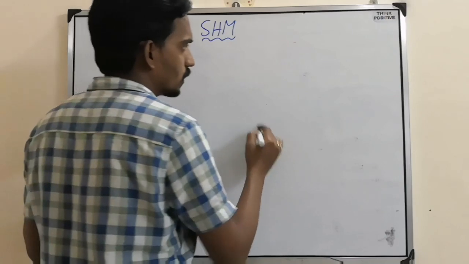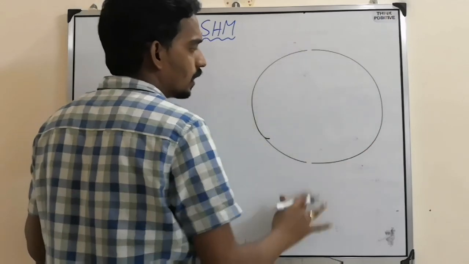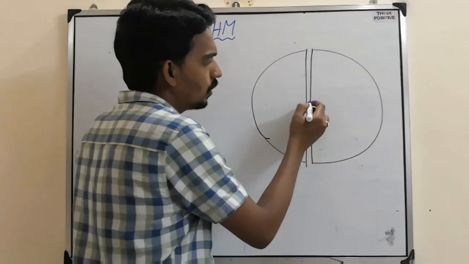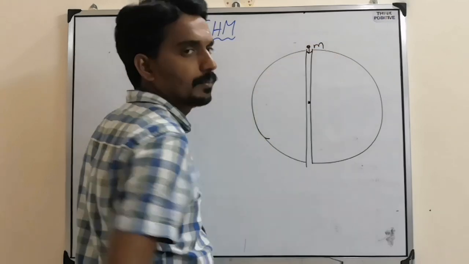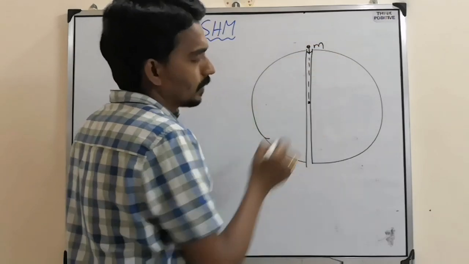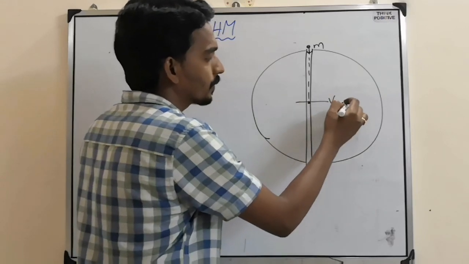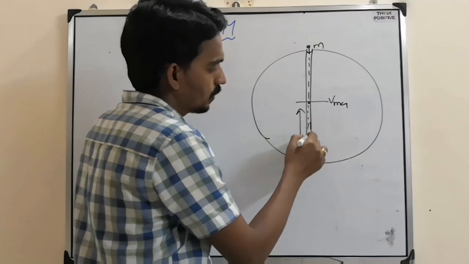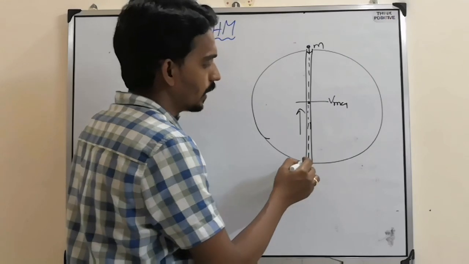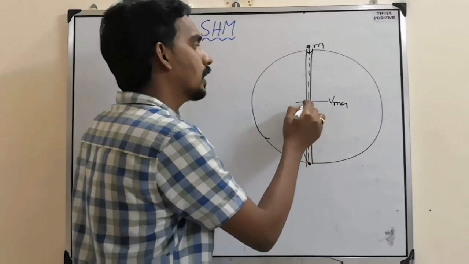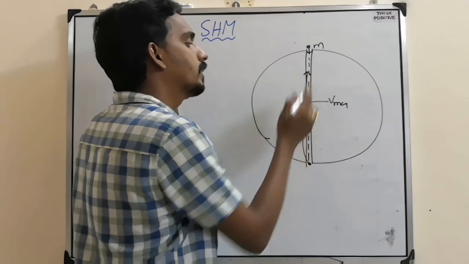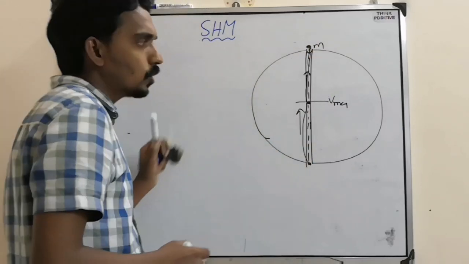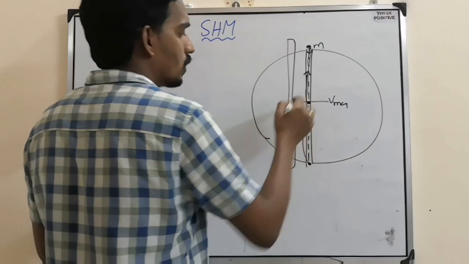Or sometimes they will ask a question like this: see here, if there is a tunnel along the diameter of the earth, and you drop a particle of mass m, then first it will get attracted, then it will acquire maximum speed, then it will start going down this. But again the gravitational pull is now upward, so then here it will become zero velocity, then again it will go back. Then here again maximum velocity, then it will go up. Then again gravitational pull down, so that the velocity becomes zero here, then again it comes back. So along the tunnel it will oscillate like this.